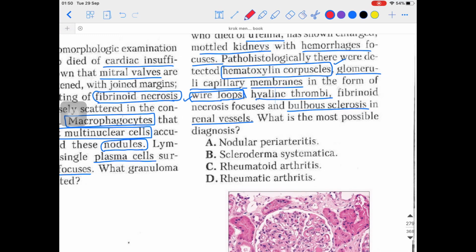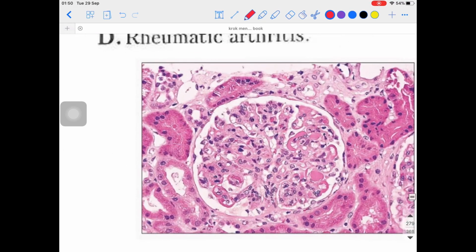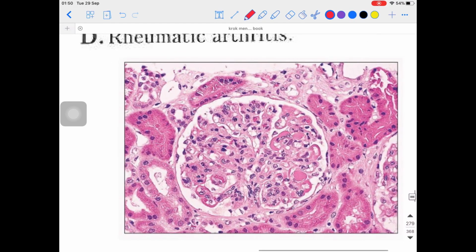So first of all there was the formation of the hematoxylin bodies or hematoxylin corpuscles. After that the cells will invade over there. Which kind of cells am I talking about? I am talking about the neutrophils or the macrophages. Their function is very clear: they will do the phagocytosis over there. So they will phagocytose these hematoxylin bodies and form the lupus cells. How do these lupus cells look now? These lupus cells look like this. That's why we call them wire loop lesions.